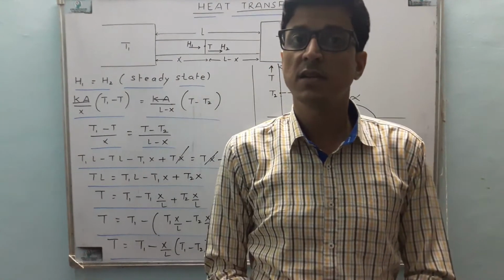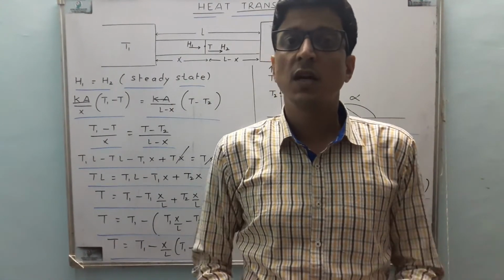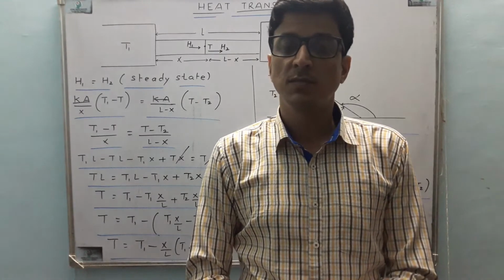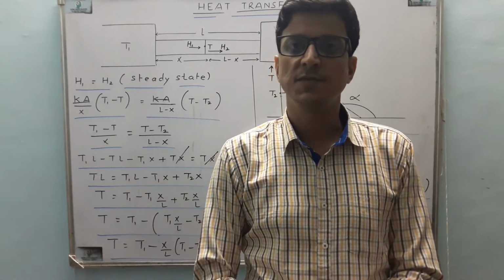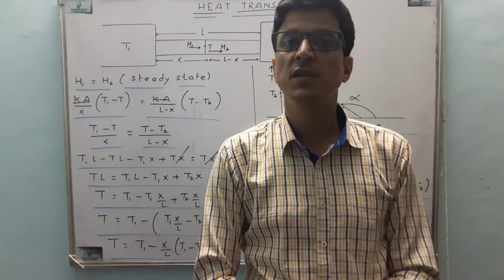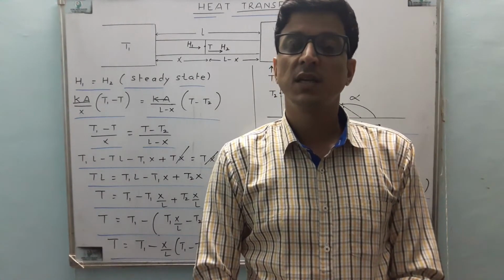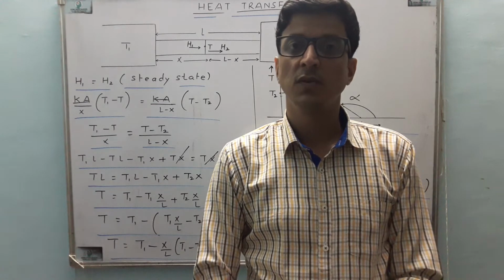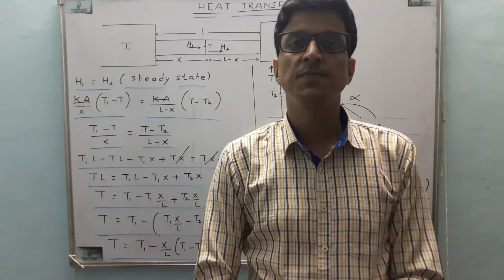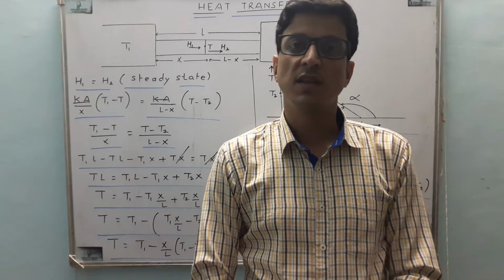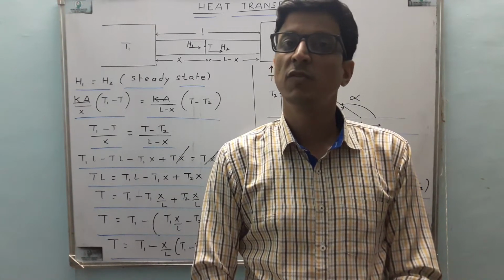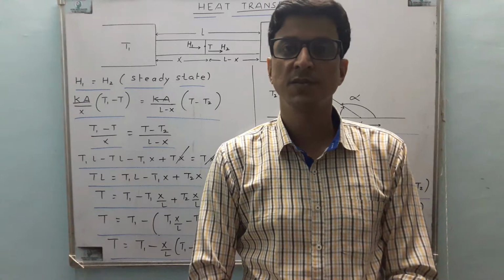Today I will discuss heat transfer. Suppose there are two points, point 1 and point 2, or maybe two surfaces. One is maintained at a temperature T1 and another is maintained at a temperature T2 by some external mechanism, and they are connected by a conducting rod of length L. So heat will flow from higher temperature to lower temperature.